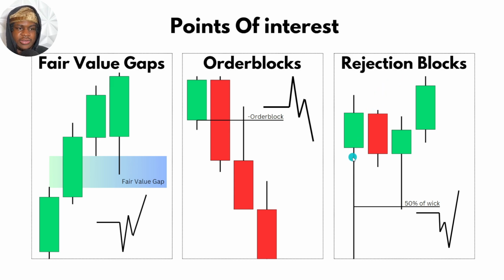Keeping things pretty simple, a rejection block in this case would be when price has this long wick. We can see this long wick inside the marketplace. You've probably seen this on your charts a thousand times, but you didn't know that this was a level of support or resistance. Well, it is. If we pull Fibonacci from the opening price right here to the low of the wick that created this long wick, we can get our 50%, and that 50% can act as a level